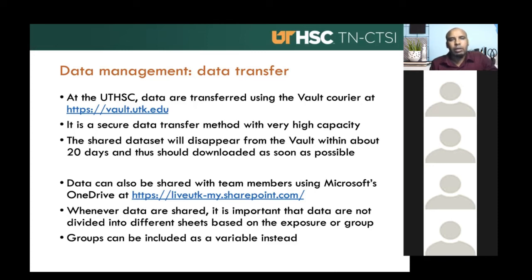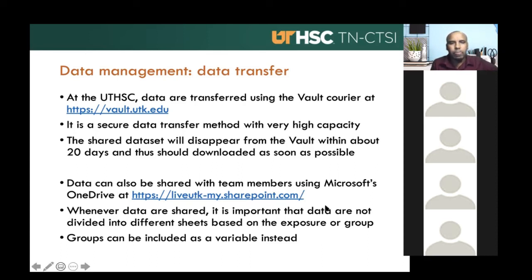vault.utk.edu. The data transferred using the vault stays for about 20 days, so it has to be downloaded before it expires. It expires within about 3 weeks. Data can also be shared with team members using Microsoft's OneDrive